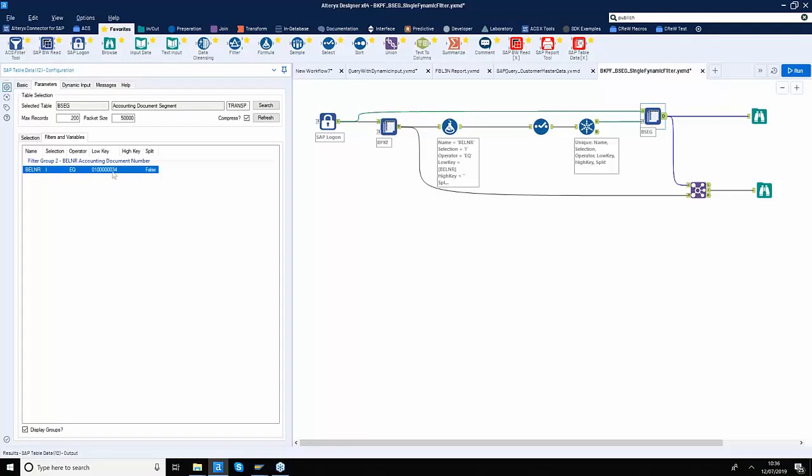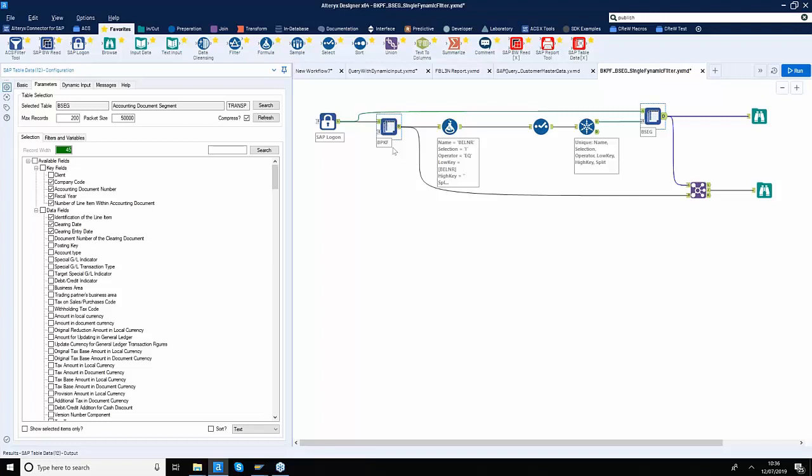So that's all we are achieving by this dynamic selection. The idea is that you get data from your first table that you use as filter criteria to feed into your next table, and that is how you can get the data based on selection criteria. So this is not exactly an in-database join, but it also is not bringing all the data out from BSAG and BKPF and then doing the join.